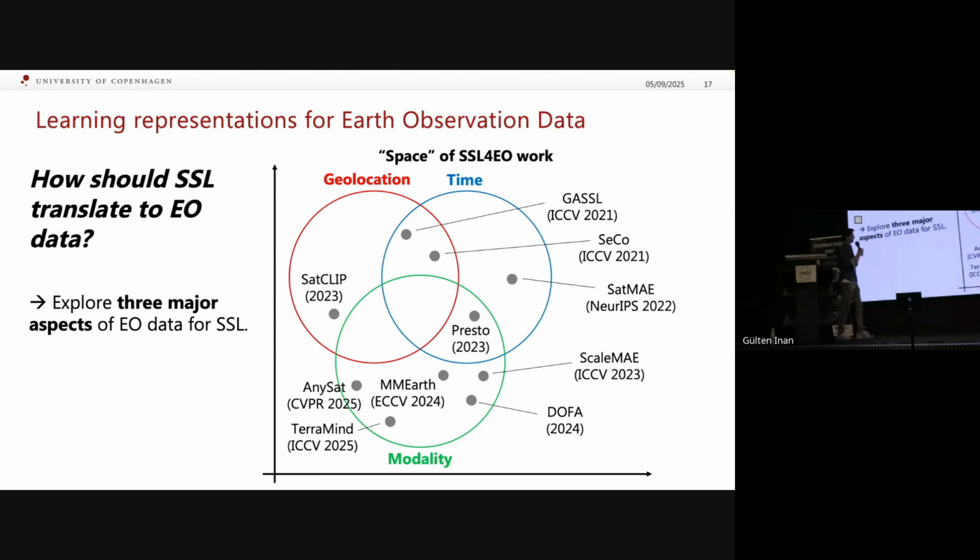So maybe now this looks a bit less arbitrary. And today I will mainly talk about some earlier works that showed some interesting Earth observation specific pre-training ideas. And I think still today, many of the follow-up works are based on these ideas. But this map, it's not a list, right? It's very incomplete. As we speak, there are probably 3, 4, 5 new arXiv papers popping up. So it's a very active space right now. So it's quite exciting.